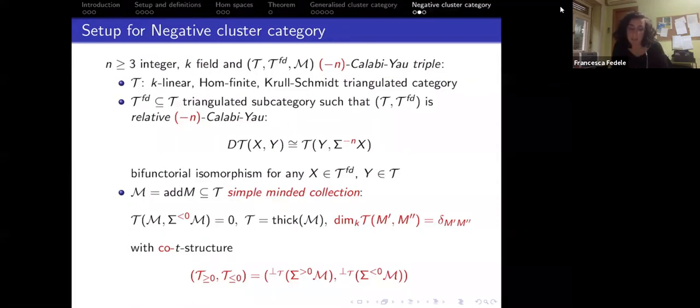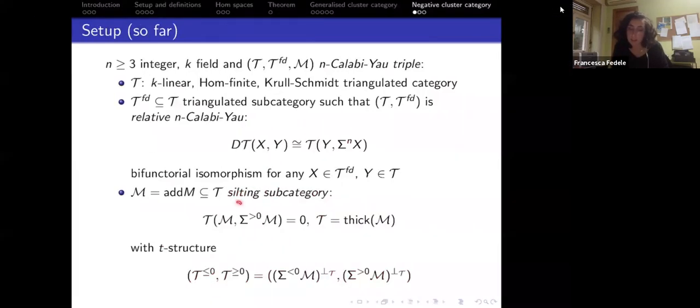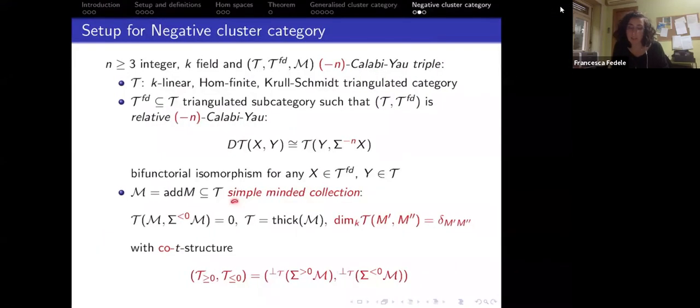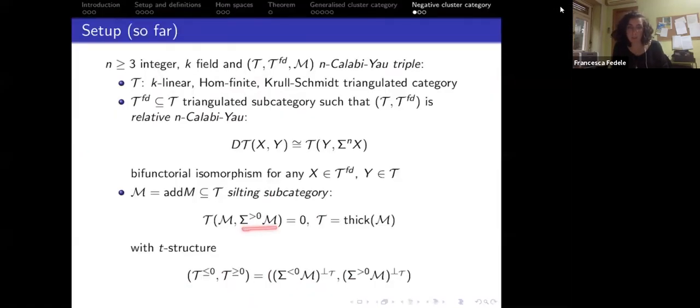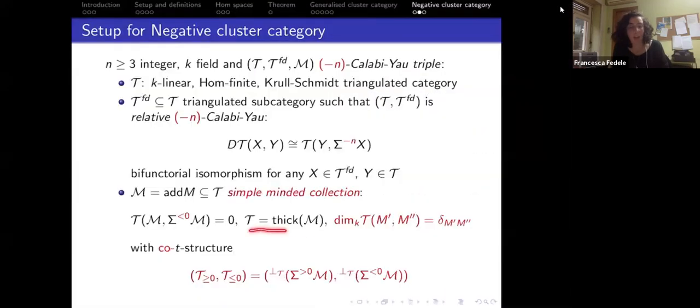And then instead of having a silting subcategory, we have a simple-minded collection. So here we have T of M comma negative shifts of M being equal to 0, instead of the positive ones from before. We still have this condition on T, and we also have this extra condition on the dimension